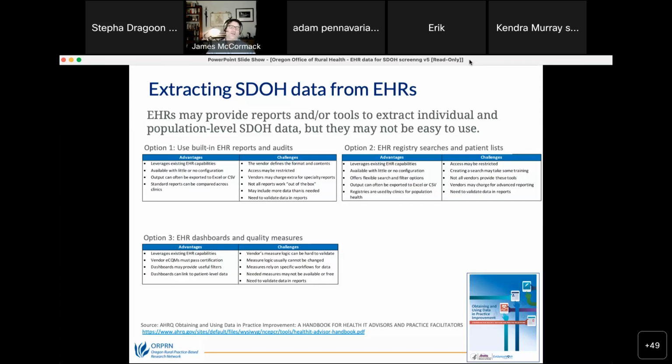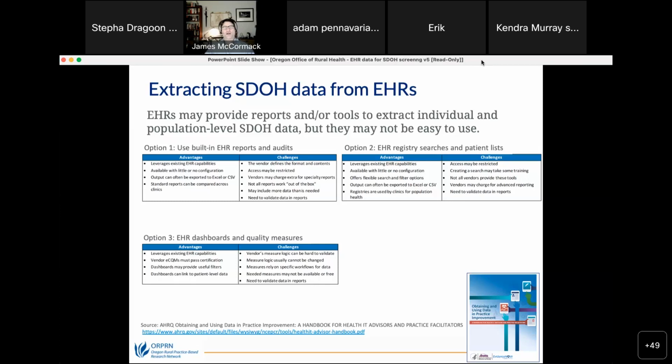Well, option 3, dashboards and quality measures. Well, if I'm looking at hypertension, I know there's a MIPS measure for hypertension control, and odds are my EHR supports it. I can pull a list and maybe run patient level gap lists from that quality measure from my MIPS dashboard. That's great. We're in early days for social determinants, and while there are several proposed metrics for measuring